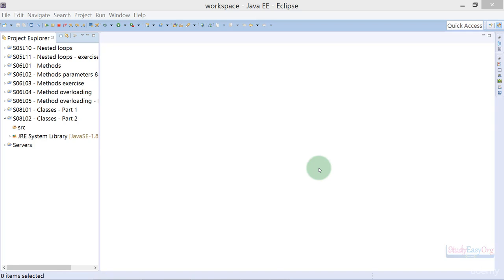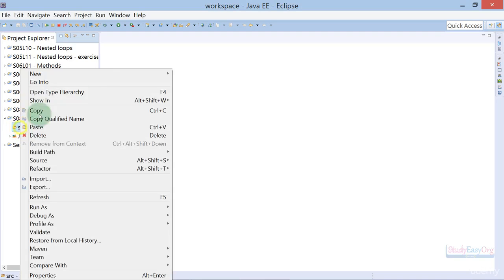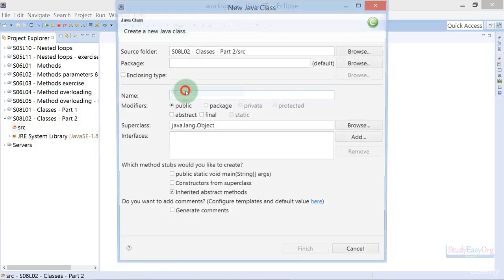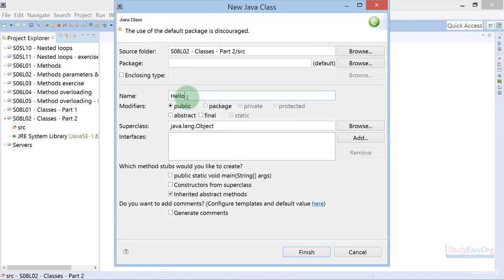Hey there, welcome back. So as we know, classes and objects can depict real life objects, right? So let's get started, and today we will create a class which will depict a real life example. First of all, in this particular project we will be adding a new class. Now this class would be a simple hello class, and using this class we will be calling in the